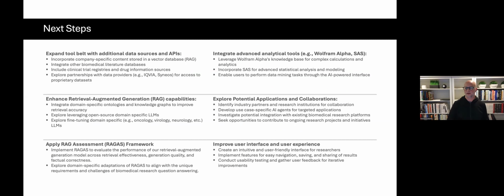We also want to start integrating some of the advanced analytical tools like Wolfram Alpha and SAS to help us with some of the capabilities. Explore potential partnerships and collaborations that we have out there with some industry partners and research institutions. And obviously, we need to improve the user interface and